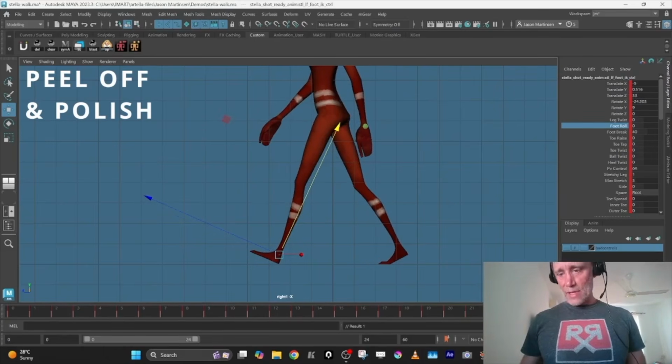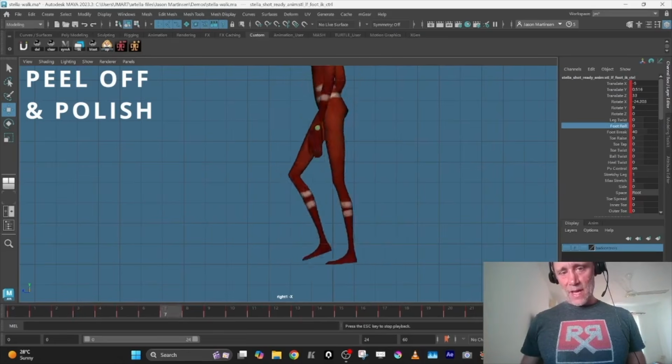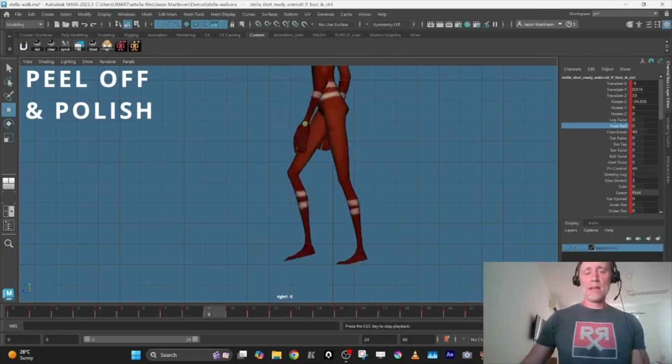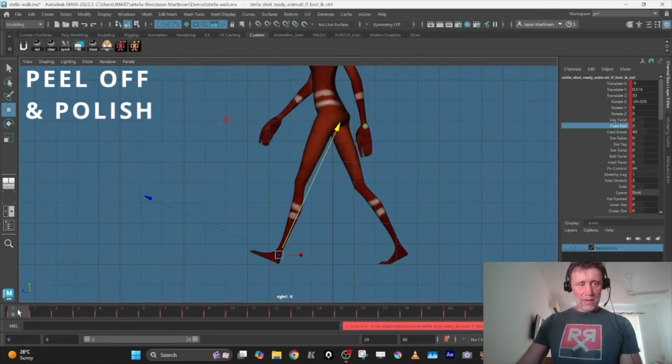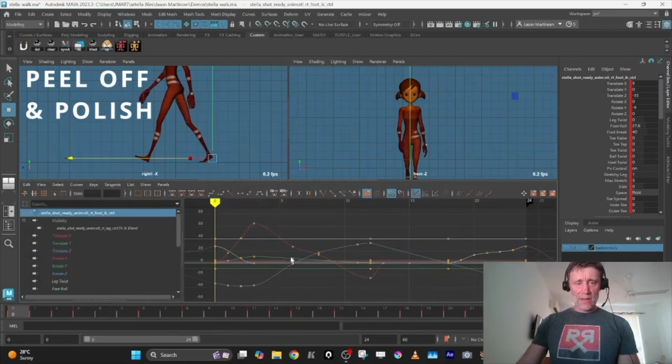And then that front leg has been fixed. Now again, I could copy that curve over to the other leg if I wanted, and then offset it. That's like the easy way to do it, right? So if I want to copy this, I take the other leg, delete everything,